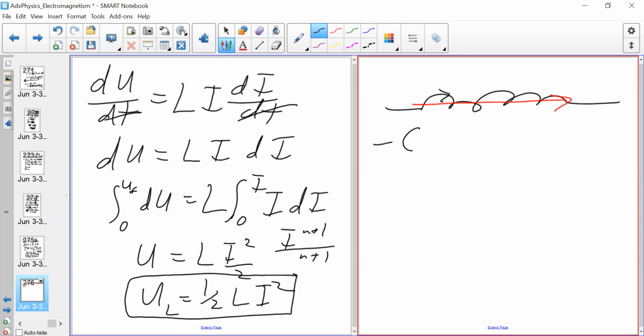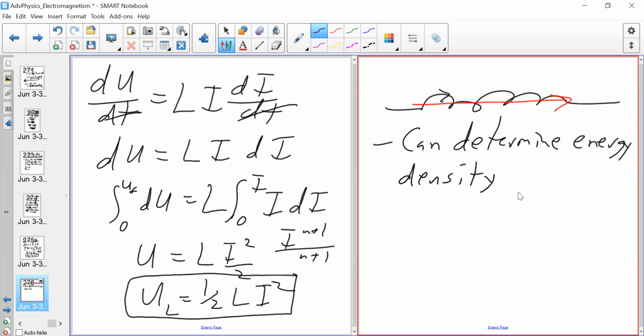So we can determine the energy density of a magnetic field